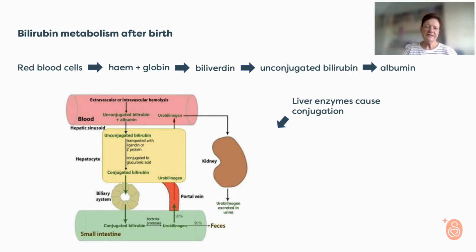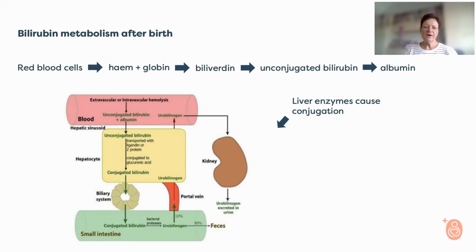So what happens in the baby even more, in the fetus we've said that we have a so-called fetal hemoglobin that has a much higher affinity for oxygen than our normal hemoglobins have. So after the birth of the baby, this fetal hemoglobin needs to be broken off and replaced by adult hemoglobin. So these red blood cells, these fetal red blood cells, if I can call them that, need to be hemolyzed and